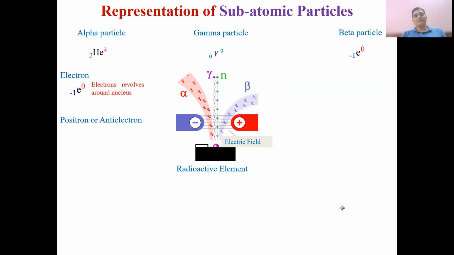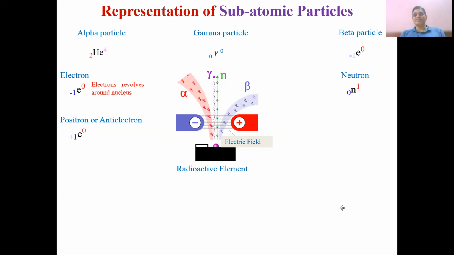There are some particles which are called antiparticles. Each of these subatomic particles has an antiparticle. They differ from each other either in their spin or in their charge. For example, the antiparticle of the electron is the anti-electron, also called the positron, and it differs from the electron in charge. The positron is represented as e, with 0 written as a superscript and +1 written as a subscript. So that is the representation of the positron, and the positron is the antiparticle of the electron.